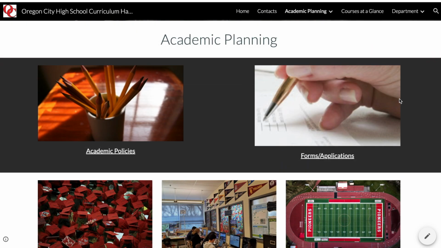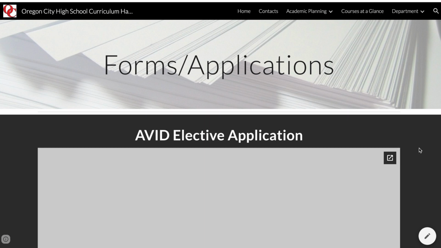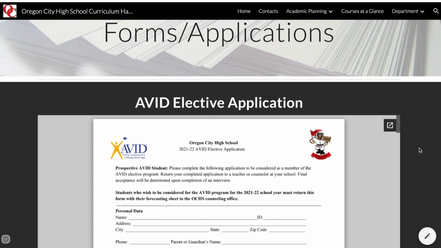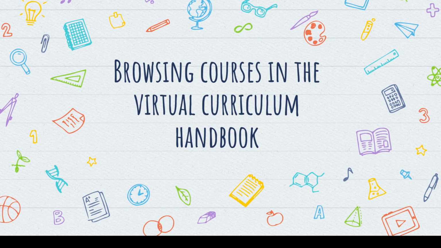And finally, on the academic planning page, you'll be able to find a link to forms and applications. Some courses will require an application as a prerequisite, but otherwise you'll be able to find your forecast worksheet here, as well as other important forms such as for late arrival or early release, or being a teacher assistant or office aide. Okay, now that we've gone through the nitty-gritty of the curriculum handbook, let's get to the fun part,